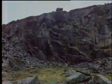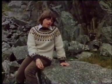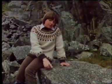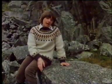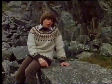Well, this quarry hasn't been worked for a very long time, but these blocks are much the same as they were on the day that they were quarried. Apart from some lichen growing on them, they've hardly been attacked at all. That's because granite is a very hard and resistant rock. You can see in this little puddle in front of me here that water doesn't penetrate into the body of